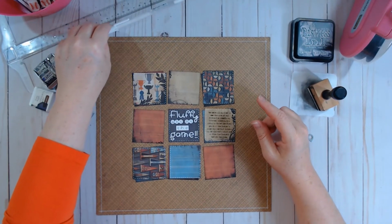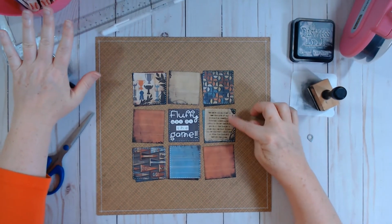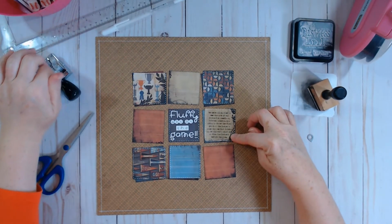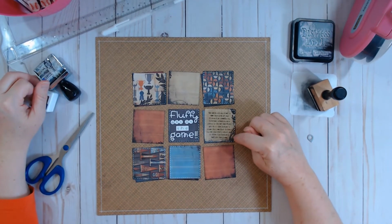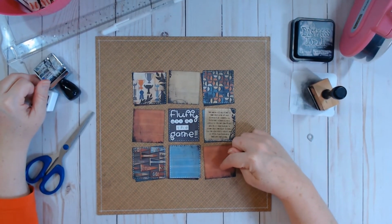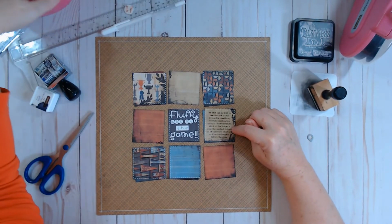And then what else did I put on? I think that's it for now. I already did my journaling ahead of time, printed it on a patterned paper and cut it down to fit the same as these squares. And then I took my 3 itty bitty little